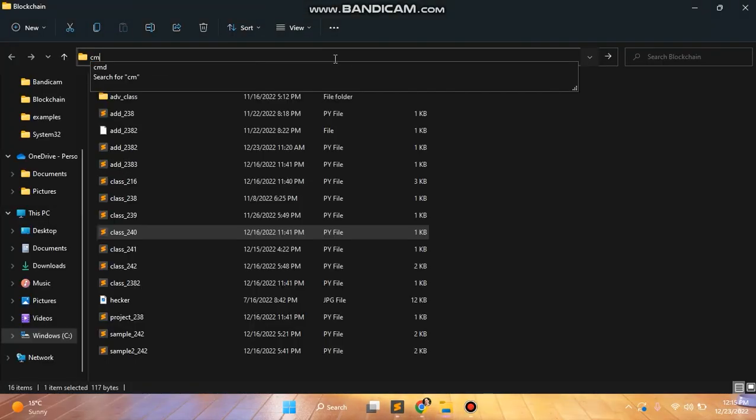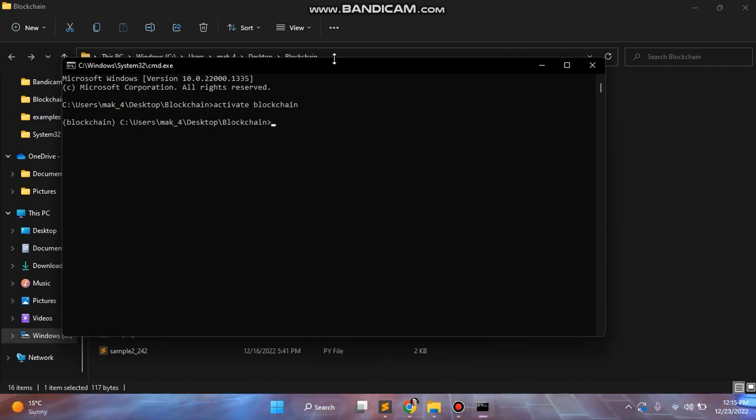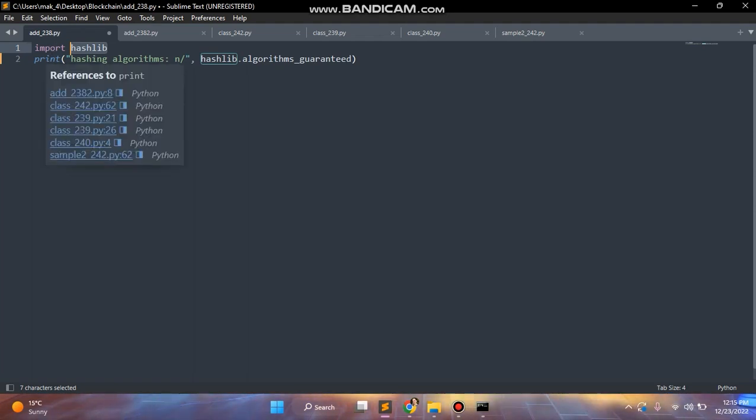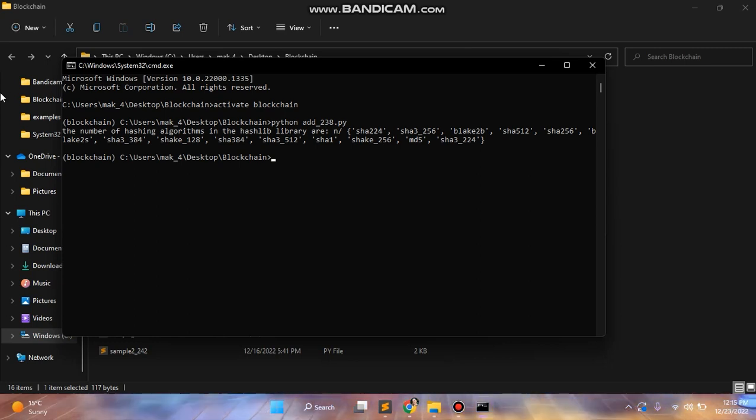So I'll open our command prompt, and now I'll activate our blockchain environment. Now that it's activated, you can see we're in the environment. Now we'll run the file. The name of the file is add underscore 238.py. So Python add underscore 238.py. Once we run it, you can see here that it's been printed the number of hashing algorithms,